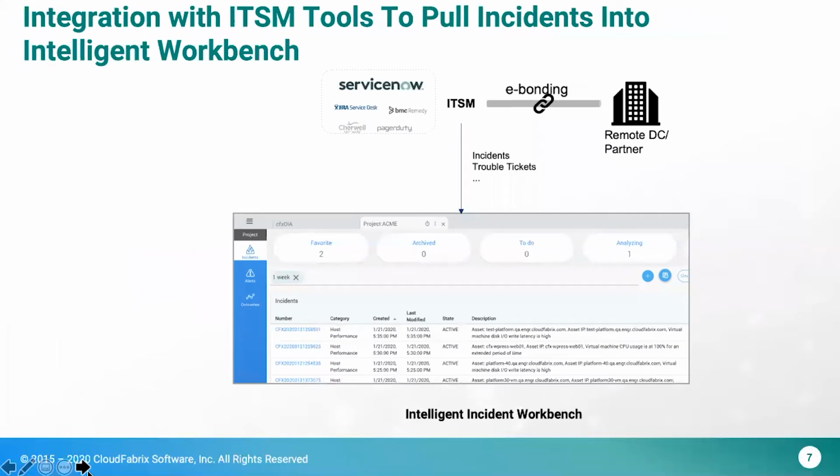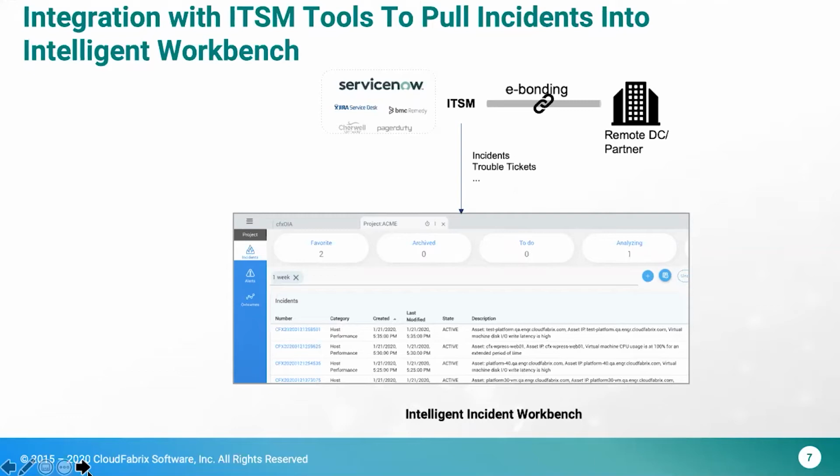The first thing is, as we said, instead of people working from your ticketing tool, the AIOps system needs to be able to pull that record from your ITSM and provide a workbench where the NOC/SOC engineer or the support engineer will be able to work on that incident with a lot richer and more contextual data. That is what we call an incident workbench. It sits on top of it, being able to read from the different queues in your ITSM and route it to the right person.